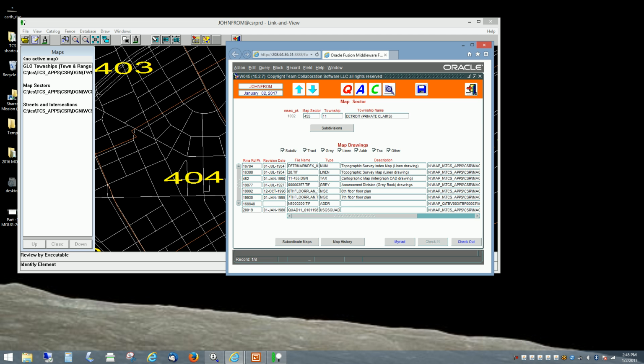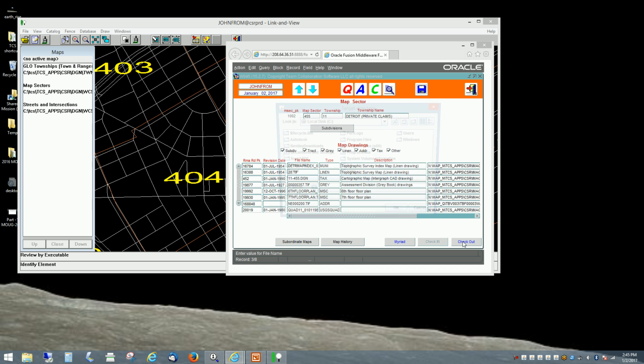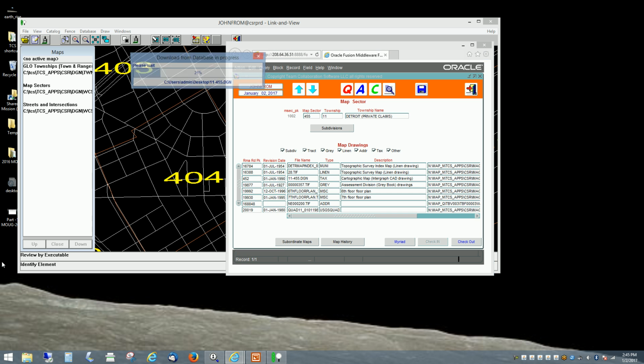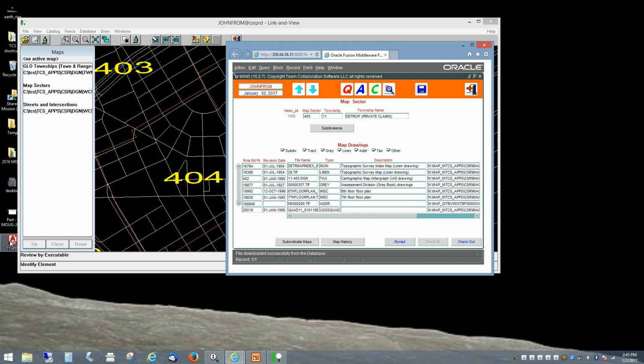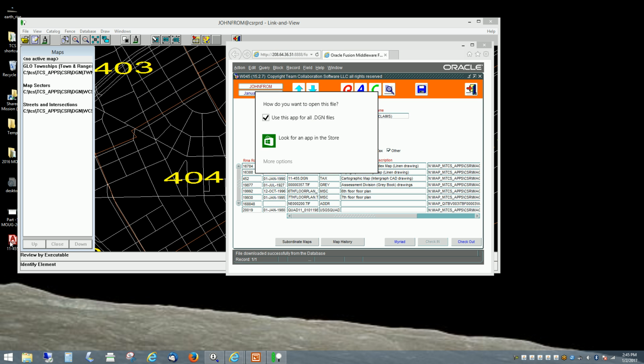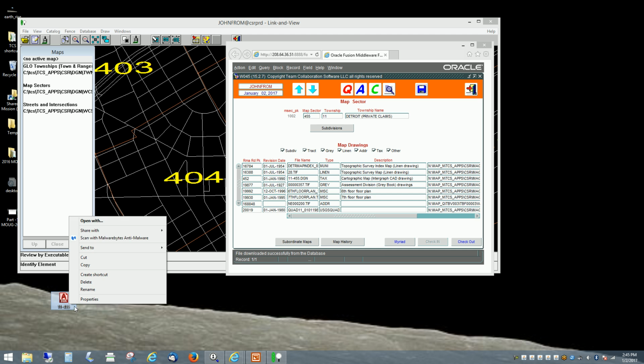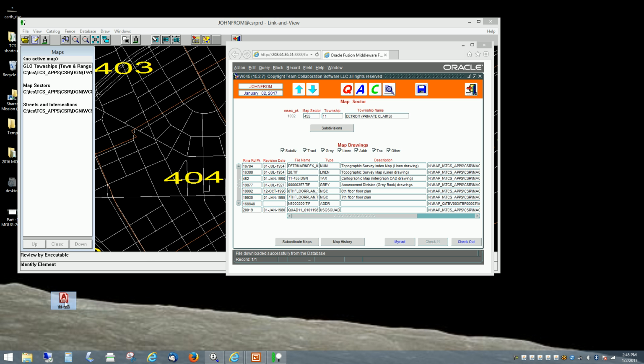The other thing is, if I wanted to check one of these out to the desktop instead, say I want to use it, if I had been granted access, I could just check it out to the desktop. So let me, or check it out to anywhere I want. I'm going to put it on my desktop so that you can see it. Here it is, just showed up. So I would have to have a tool that reads that format, which I don't have on my computer at present, but